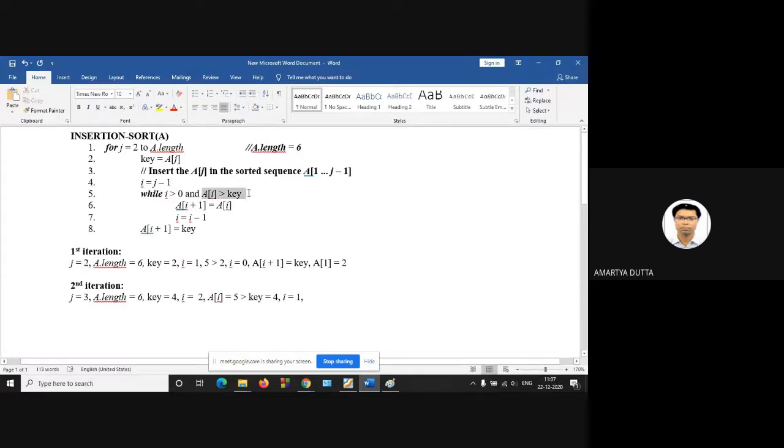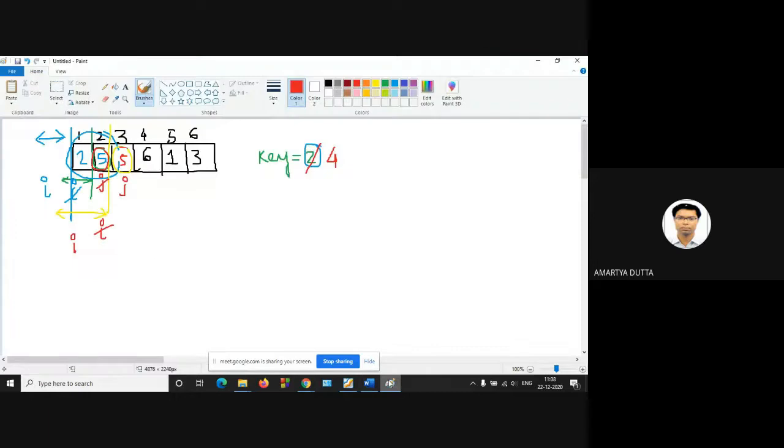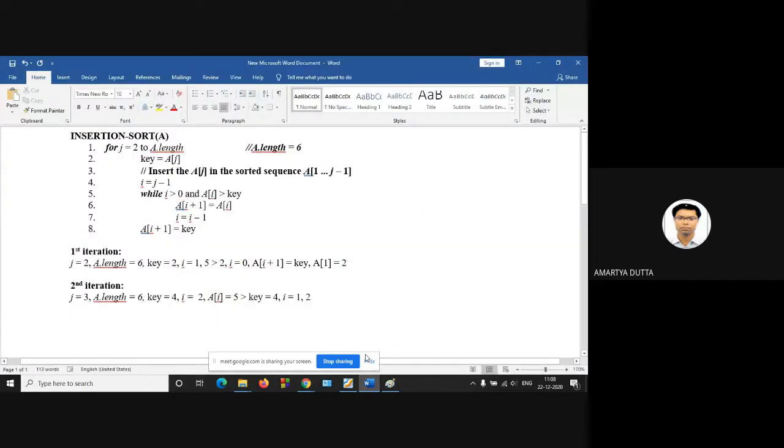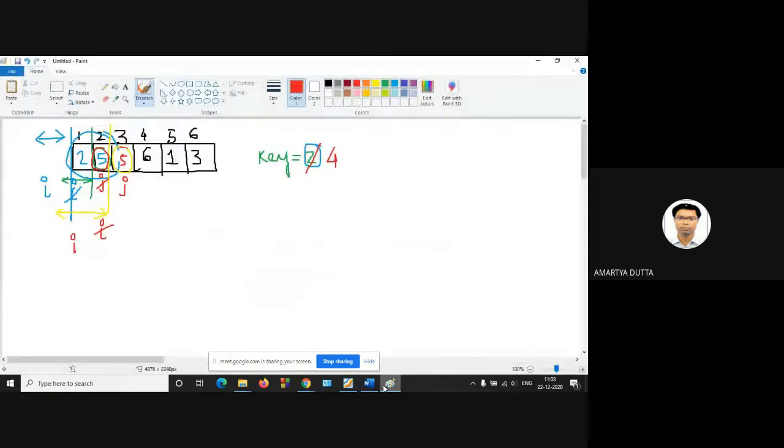And a of i. So what is a of i? Now a of i is 2, and the key value is 4.